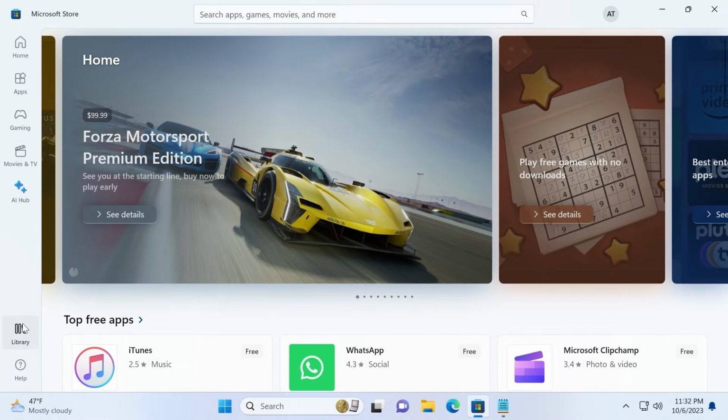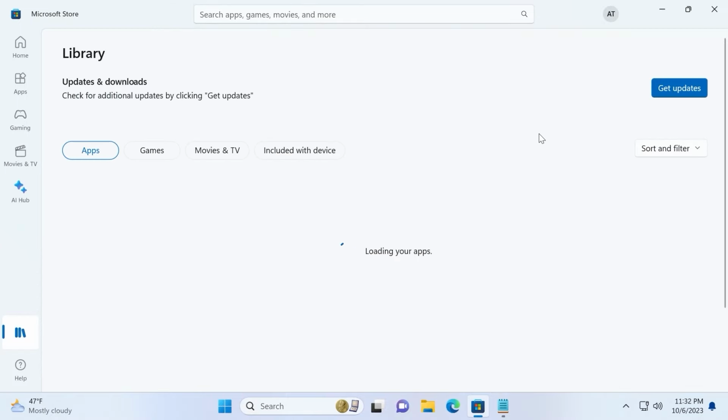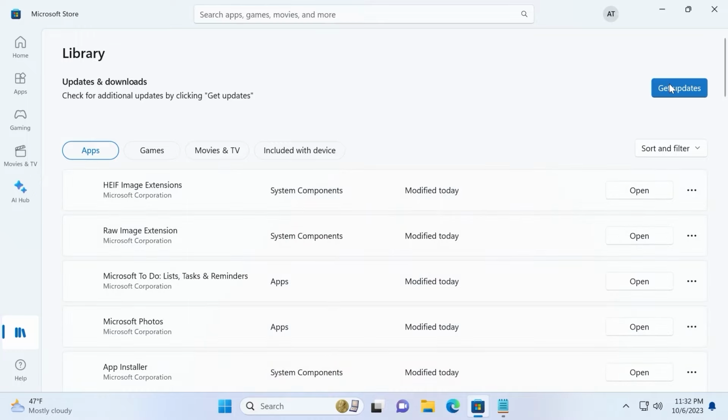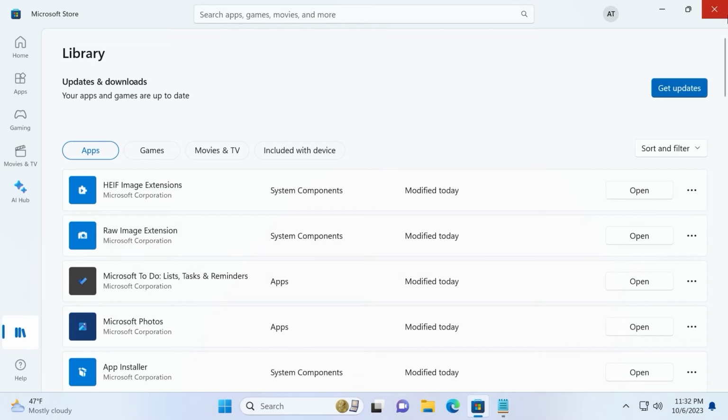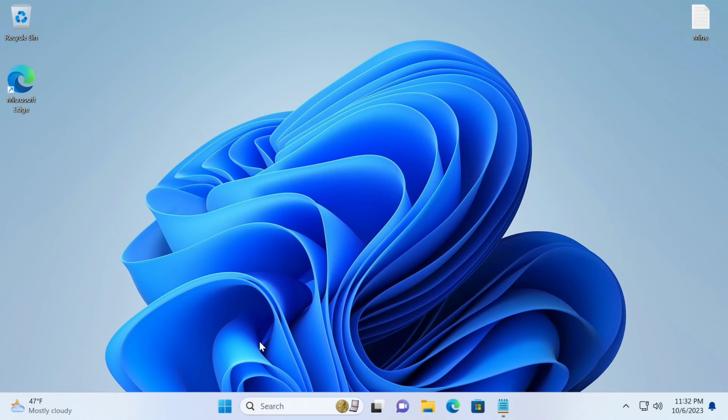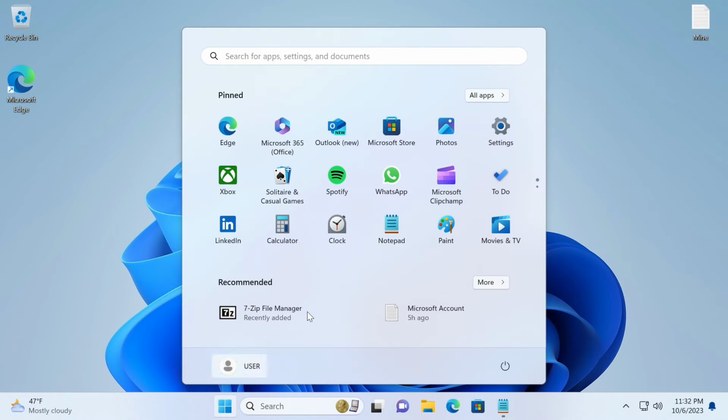So here we can click on the library and we just need to click on Get Updates and it will automatically update all of these applications. Everything is very simple. Click on Get Updates. Okay, now we can close this window, and now I recommend to click on the startup menu and click on